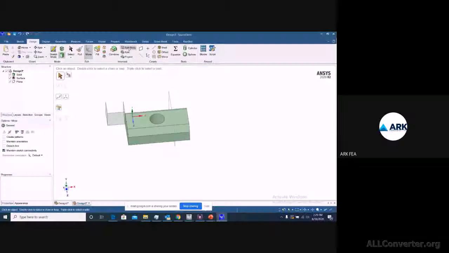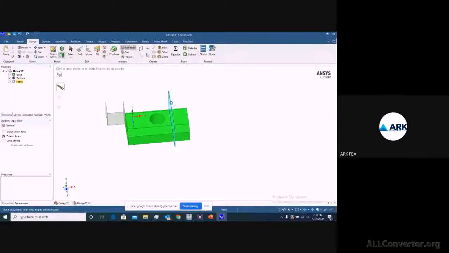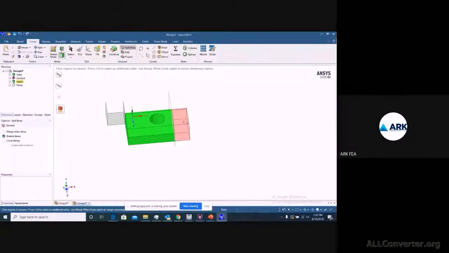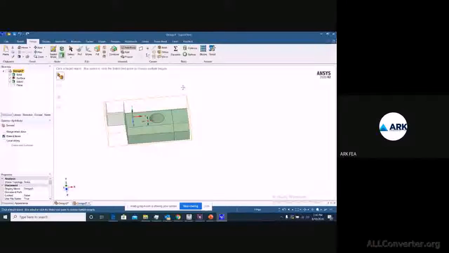In this design you have intersect. So just get back to split body from that section, select the body which you want to break down into two or more, and you need to provide the reference. So now you can see this is a separate body, this is a separate body, right? So if you need this plane you can keep it or you can hide it. So this is how we have split our geometry.